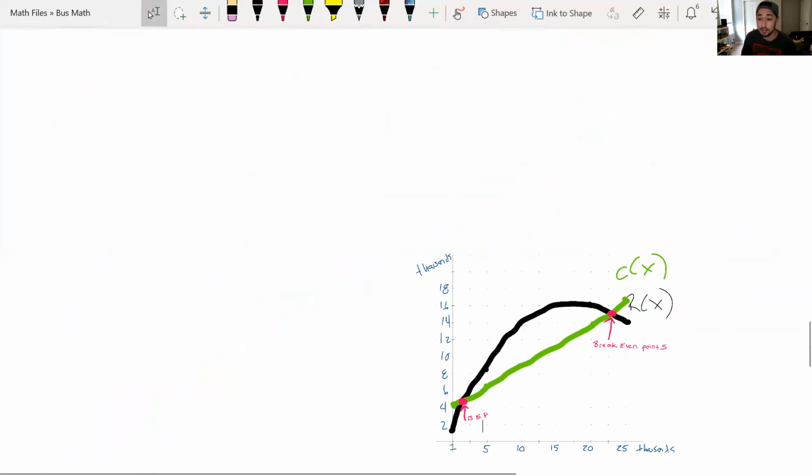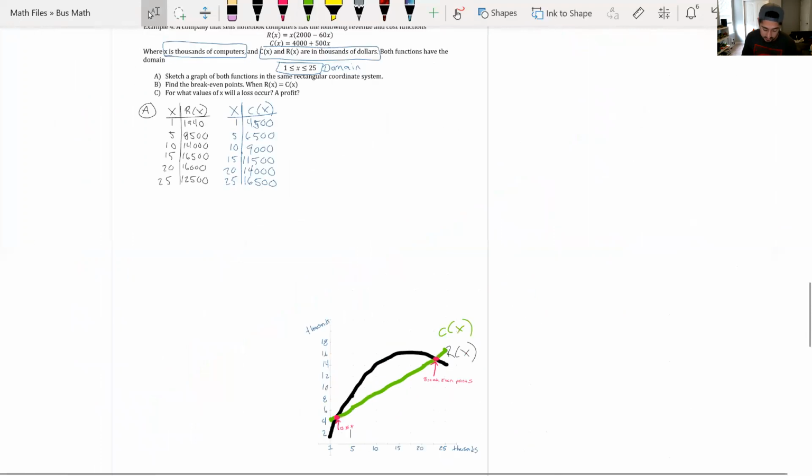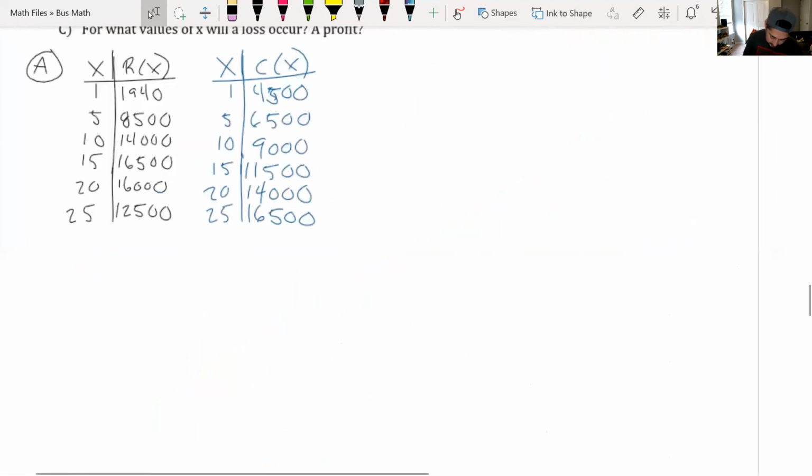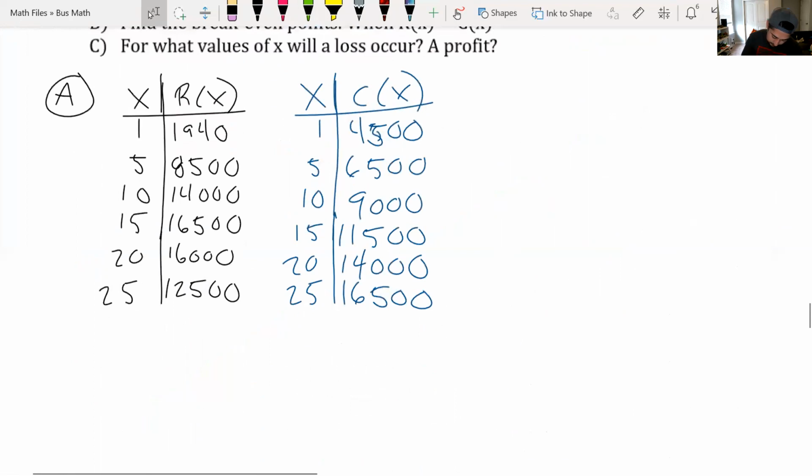Break-even point. That's what we're going to look for on the next step. And hold on to your butts because it's going to be a long one. It does involve the quadratic formula, unfortunately. Okay. So B, let me see. Yep. Okay. All right. B, to find break-even points, it's where revenue